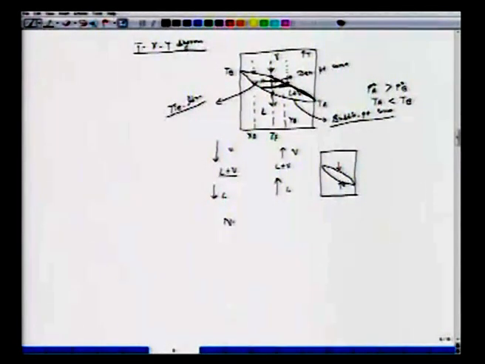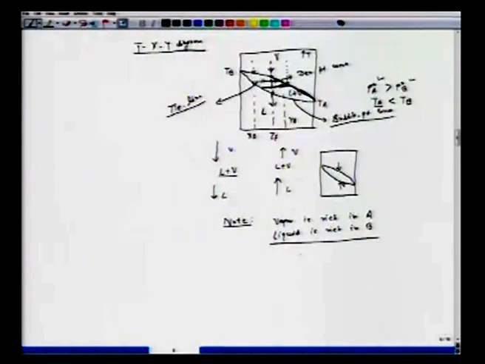Okay, we can make a note that all the time vapor is rich in A. It's a more volatile compound. We said the vapor pressure of A is greater than vapor pressure of B, or the boiling temperature of A is smaller than boiling temperature of B. And all the time the liquid fraction is rich in B. So we have this TXY diagram, either way, starting from the pure vapor or heating of this pure liquid. Okay. So we would like to redraw this again.